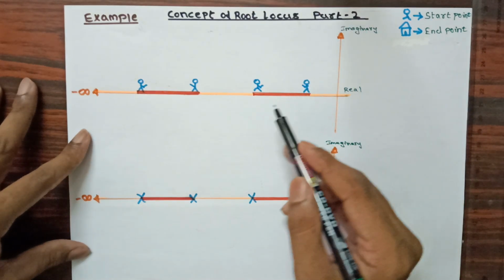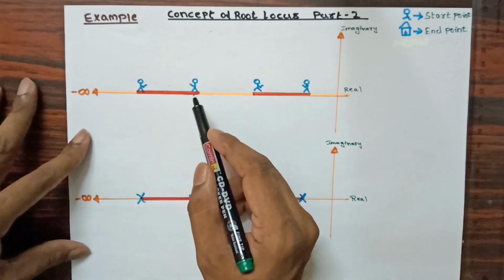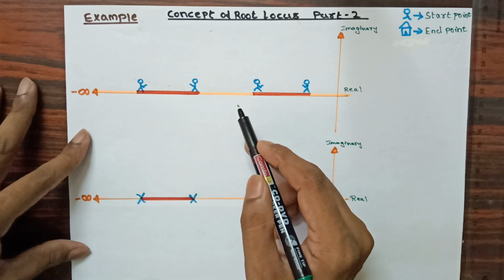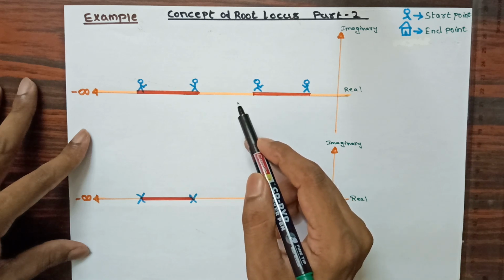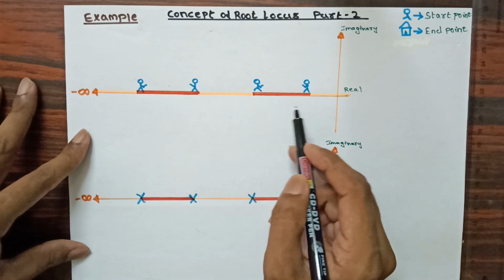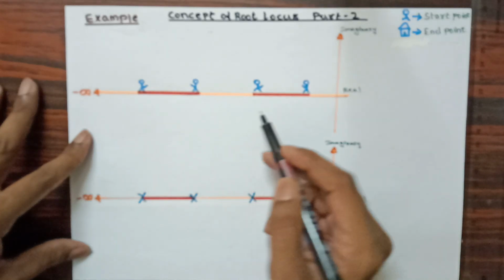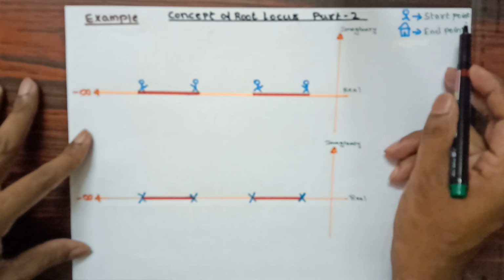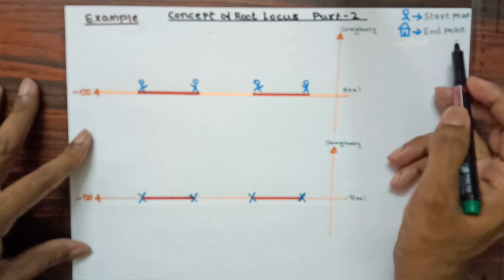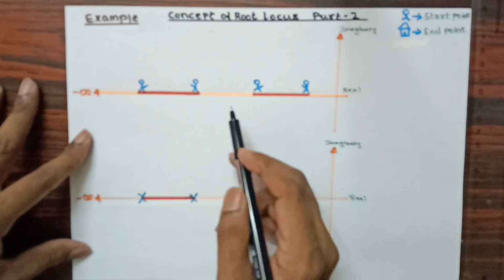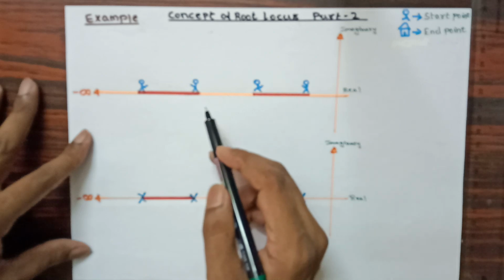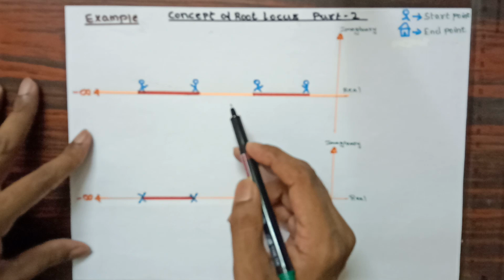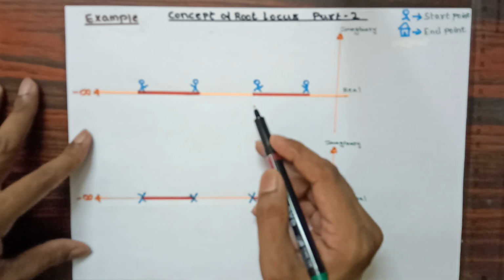In this example, I have considered 4 persons, and for these 4 persons I have not provided any destination, that is, the hut which we used to provide as a destination. As we have discussed in the previous video, the person is a starting point and the hut is an end point. If I had provided 4 huts for these 4 persons, then they would have ended with the huts. But in this case, all these 4 persons need to move towards an infinite destination.